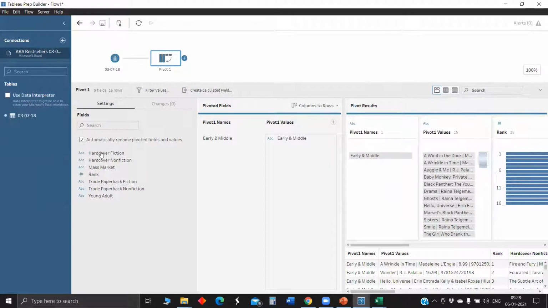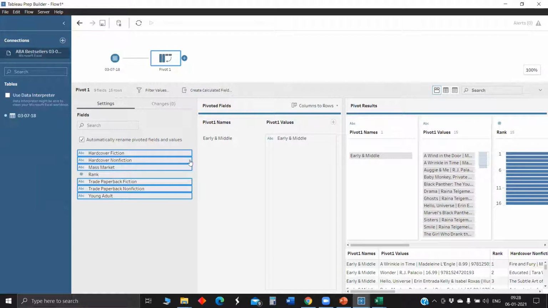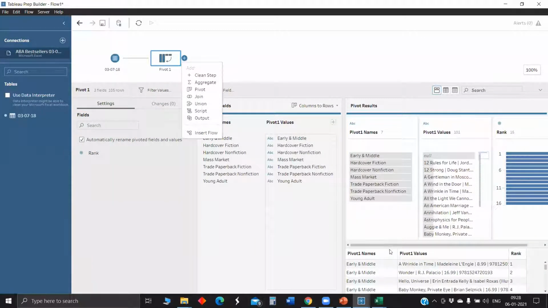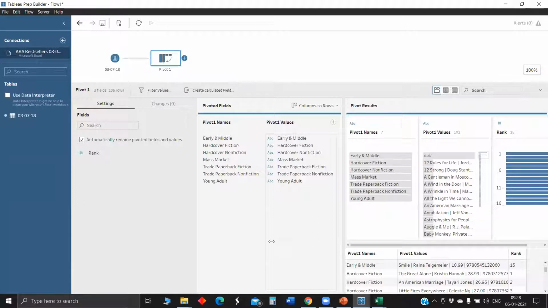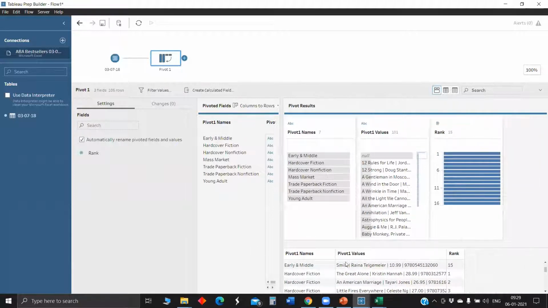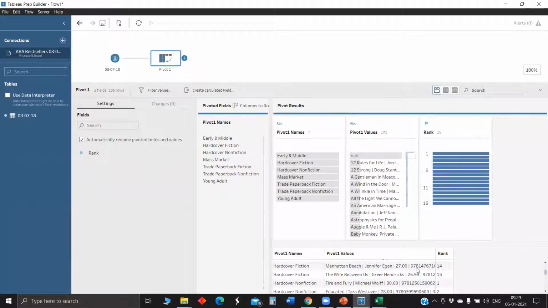There is no need to pivot the rank field. So early, middle I have already selected. Except rank, I am selecting all and pulling here. Now you can see at the bottom in the data pane: pivot names, pivot values, and the rank is common.